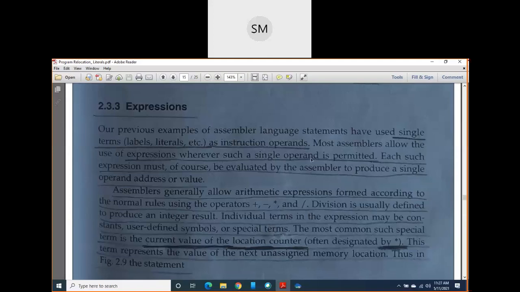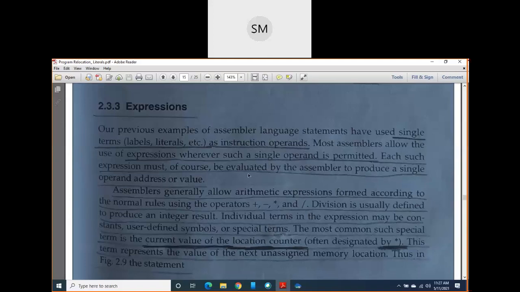Wherever such a single operand is permitted, each such expression must of course be evaluated by the assembler to produce a single operand address. It means that when we solve these expressions, just as in your C program you evaluated lengthy expressions and got a final single answer, we will get a single operand address or a single value.